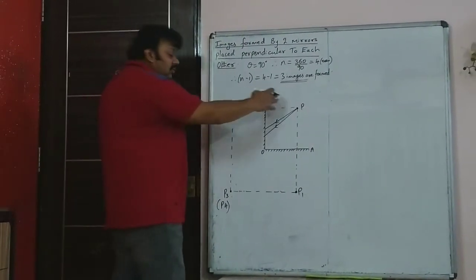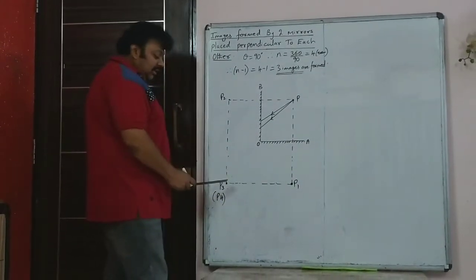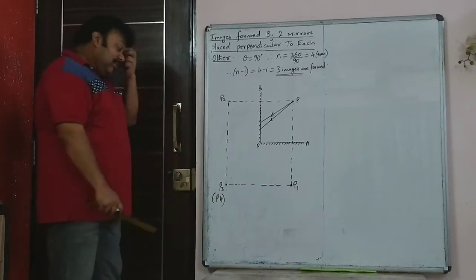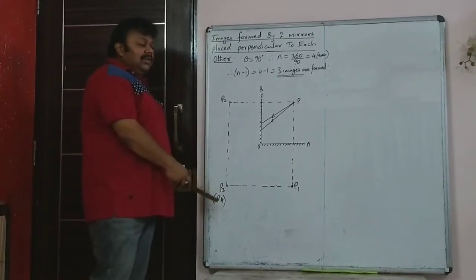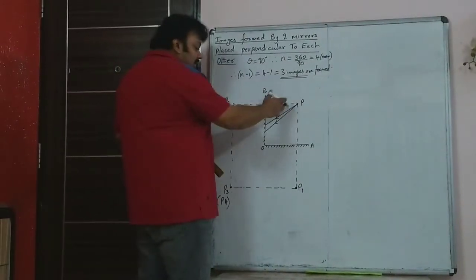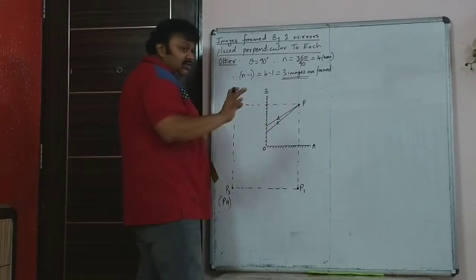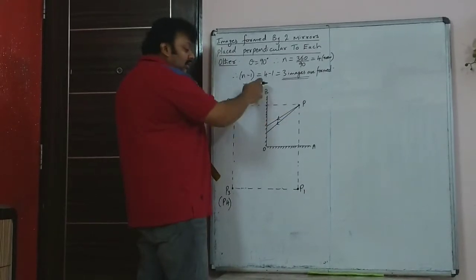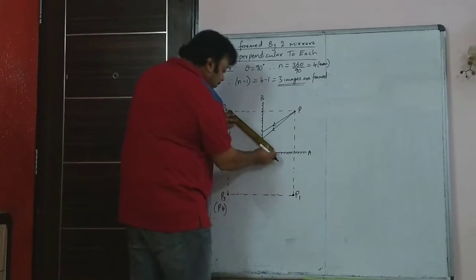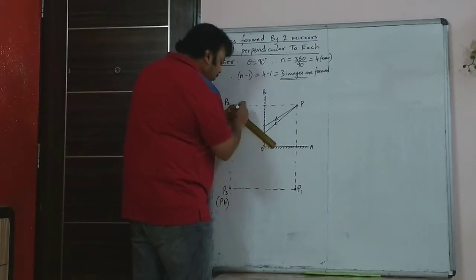So once you get this, then you have to complete the rectangle. So here P3 and P4, actually P4 and P3 is formed at the same point, so it's overlapping. That is why 3 images are formed. Now how to show the rays? The rays are going on the incident rays from P. We are showing 2 rays only going incident on the mirror OB. So after reflection, it appears to come from the point P2.